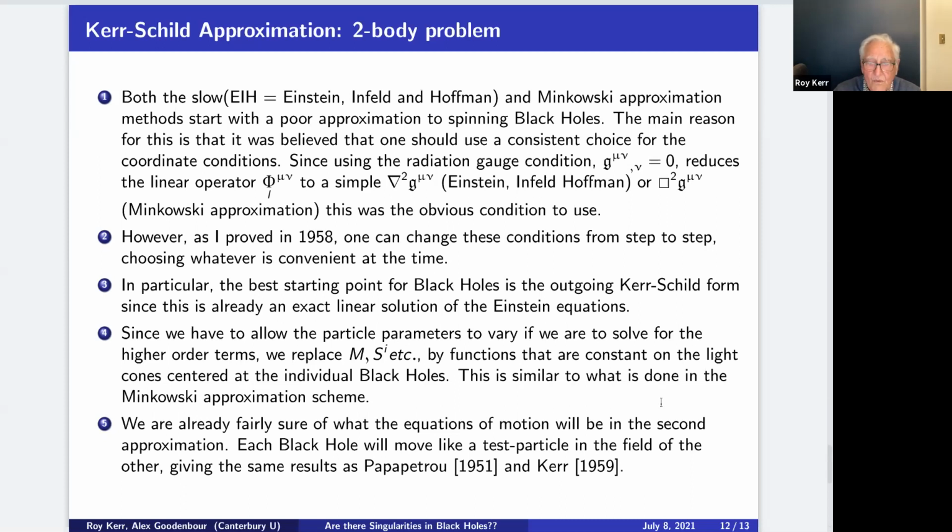Okay, so what I'm saying here, which slide am I up to? Is this the second last? What I'm saying here is that if the Kerr-Schild form had been used as the first approximation in these approximation methods, it would have been, first of all, a hell of a lot better. See, the point is, if you start with the Kerr-Schild form, all you ever get from then on out are corrections which involve not the m squared, but m prime squared. You never get any more self terms. They're always just cross terms.